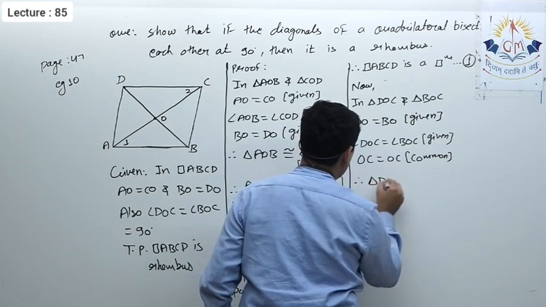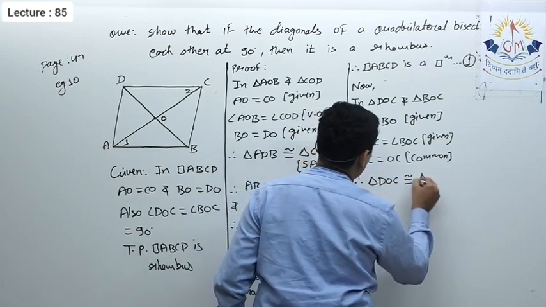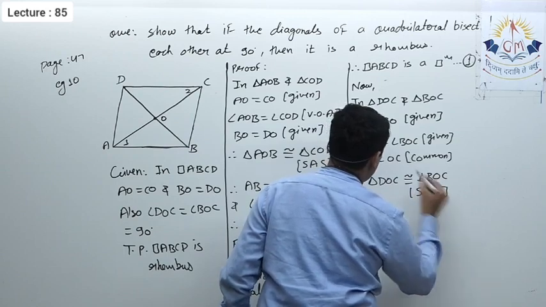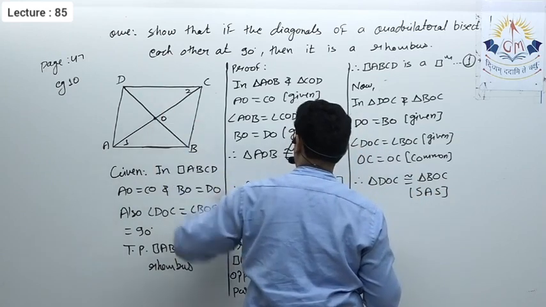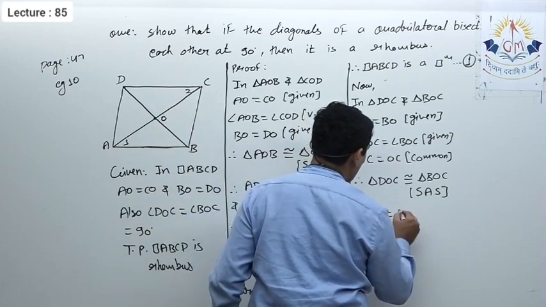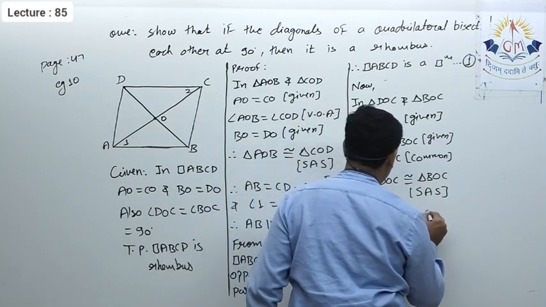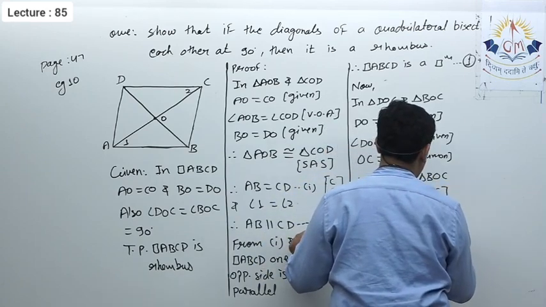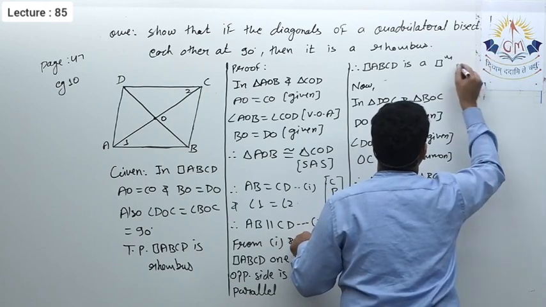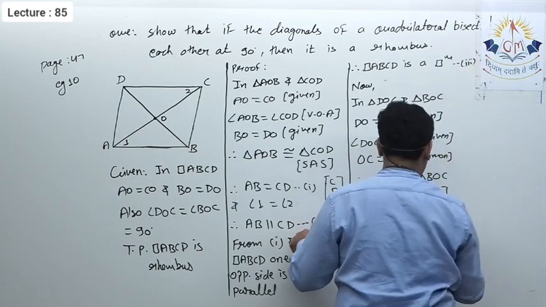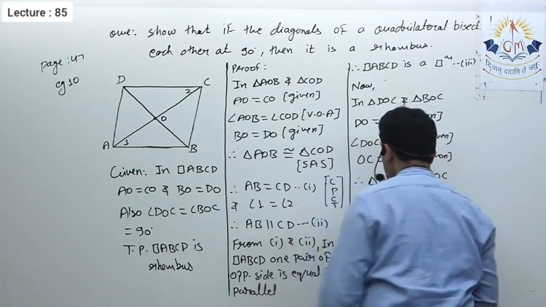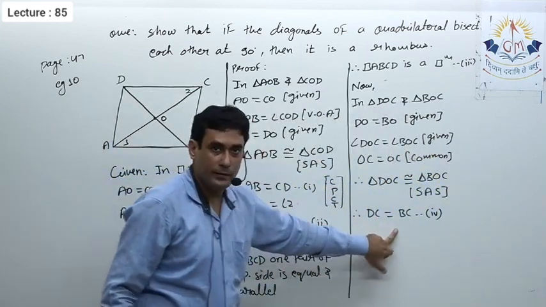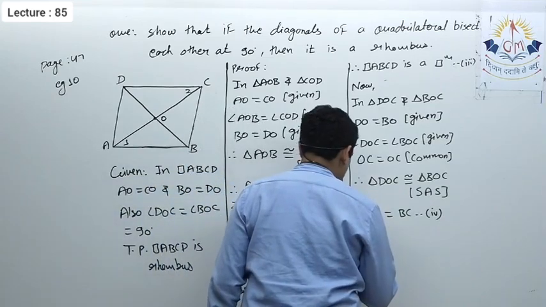Therefore, triangle DOC is congruent to triangle BOC by side angle side, and hence I can say DC equal to BC. DC is equal to BC. Let it be equation number here up to second, and let it be third one and let it be fourth one, so as not to be confused. Okay, so ABCD is a parallelogram with adjacent sides equal. Thus